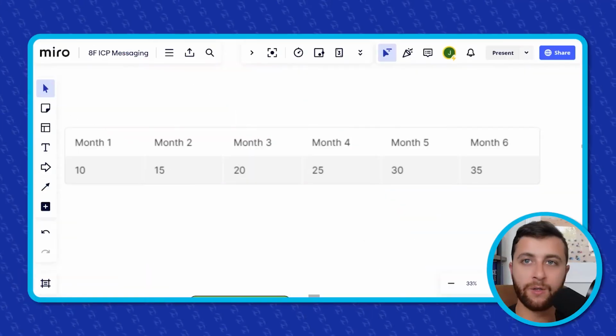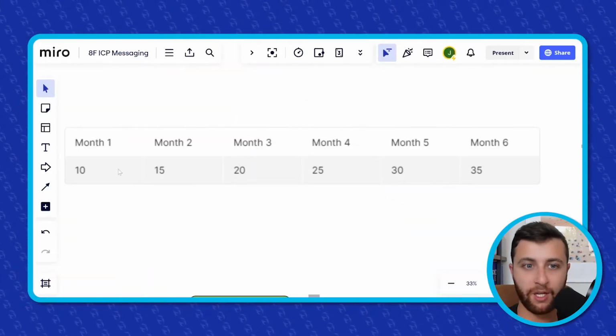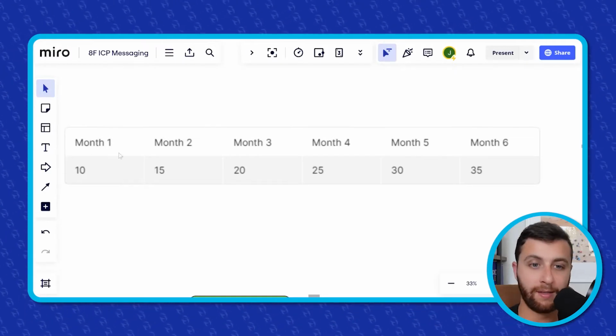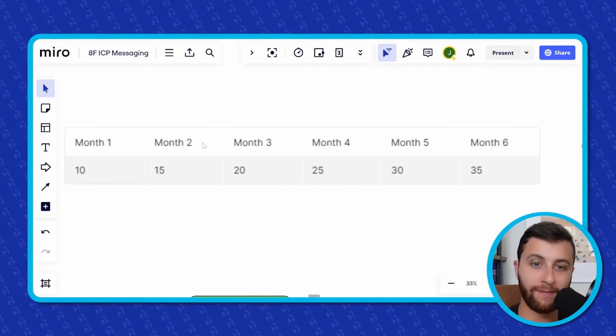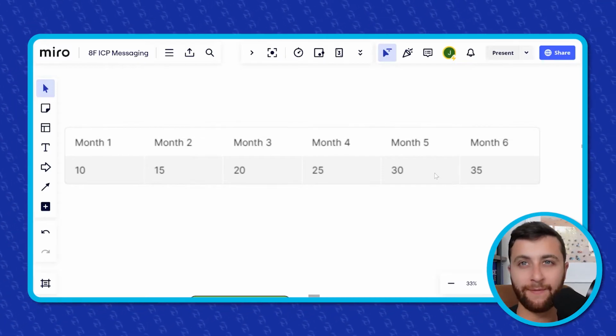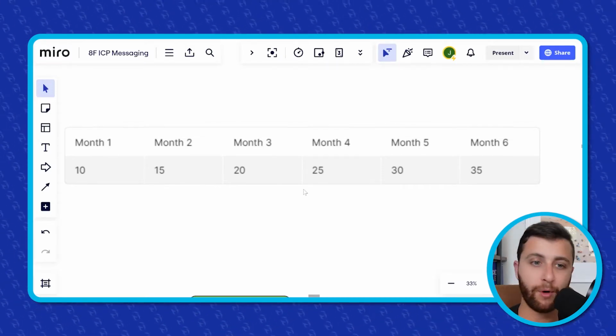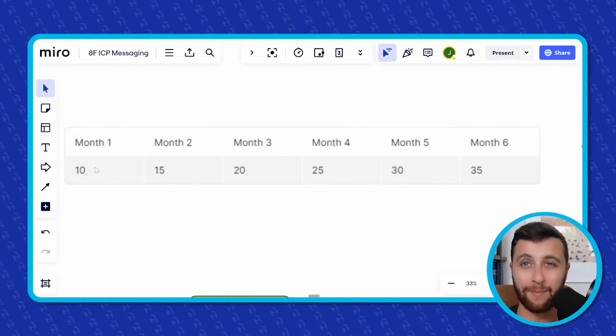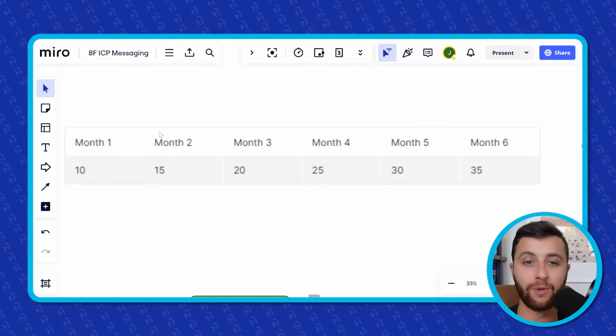So to simplify it, I'm going to use a basic example. When you're forecasting, you want to look at how many clients you have. In this example, we'll say today's month 1, and a company that has 10 clients is bringing on 5 new clients every month. And let's just say, for simplicity, they don't lose clients. If they were to lose clients, we would have churn and we'd have total clients at the bottom. But for the sake of this example of forecasting, we would have how many new clients they have per month.